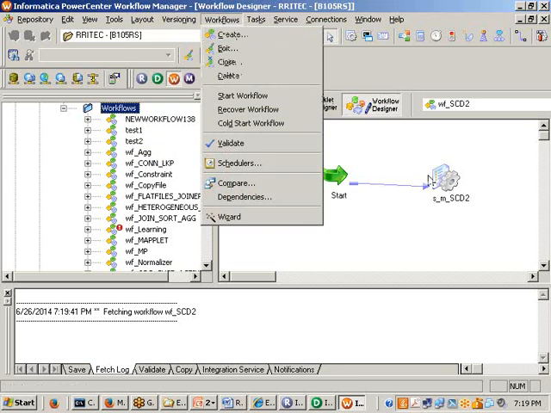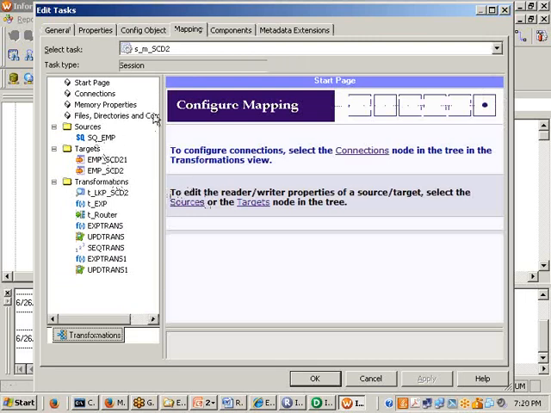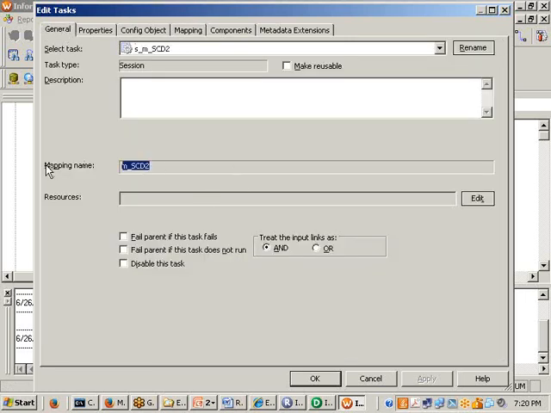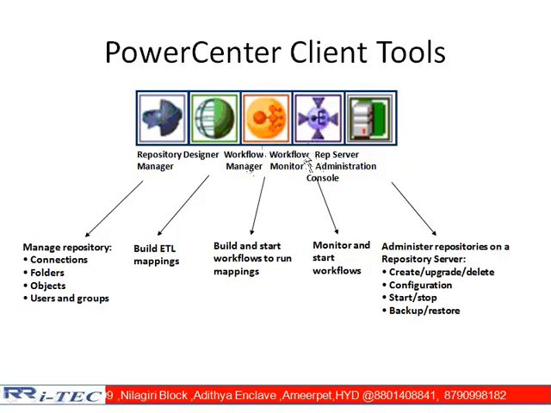In the workflow, what is the input, sir? Whatever mapping you created, that mapping is going to come as the input here. So that's what I am trying to tell. The fourth component available here is known as workflow manager. Next one available is called